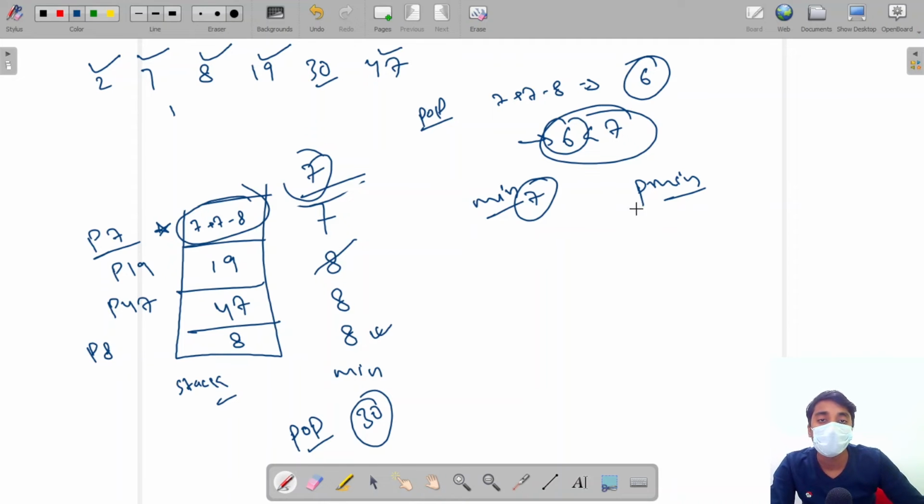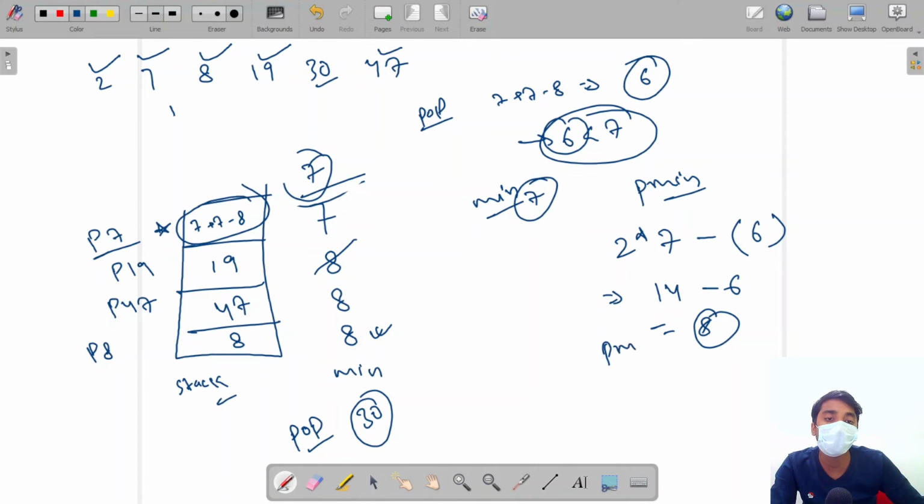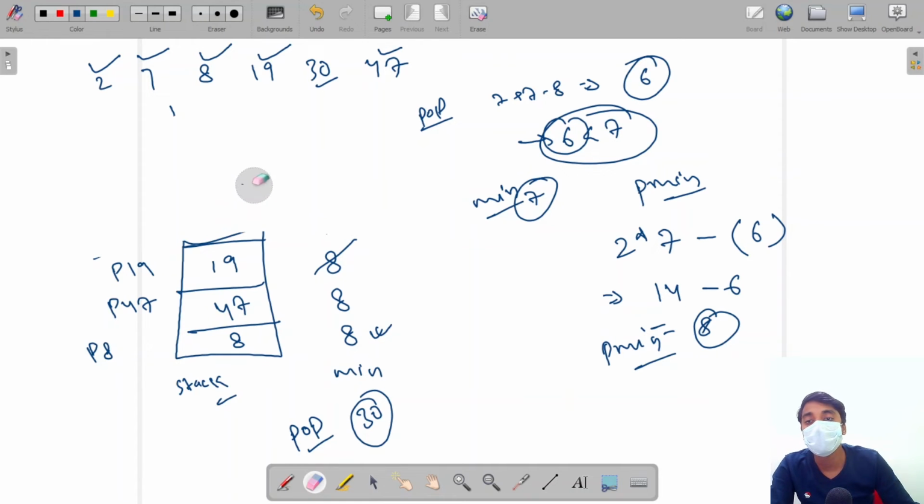So we will use our encoded value. We will double the minimum value, that is 7, then minus the fake value. This will give us 14 minus 6, that is 8. This is our previous minimum value. Now the minimum value is 8 and 7 is removed.